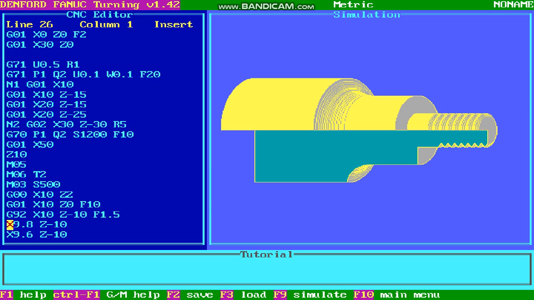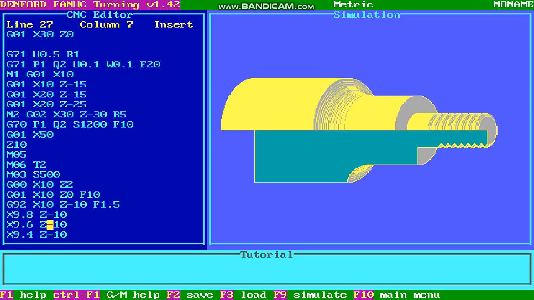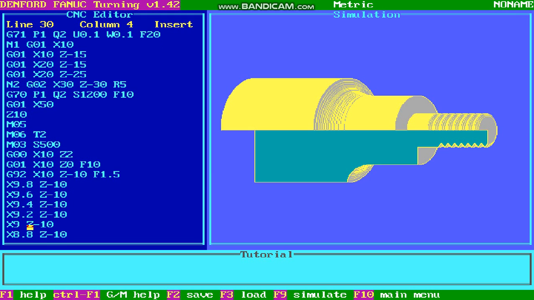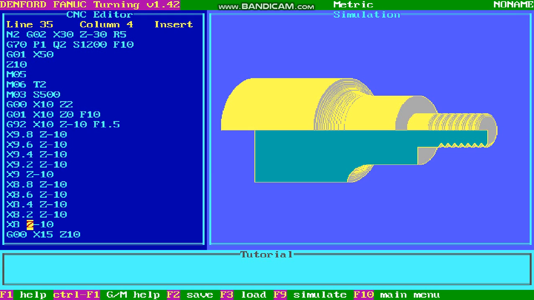So X is 9.8 with a thread length of 10 mm. Next is X 9.6. So in the first cycle 0.2 mm has been removed. Next, once your tool moves over the workpiece, another 0.2 mm is removed, again 0.2. So in terms of 0.2 mm I have to reduce it until your minor diameter comes to X8, that is 8 mm, with a thread length of 10 mm.